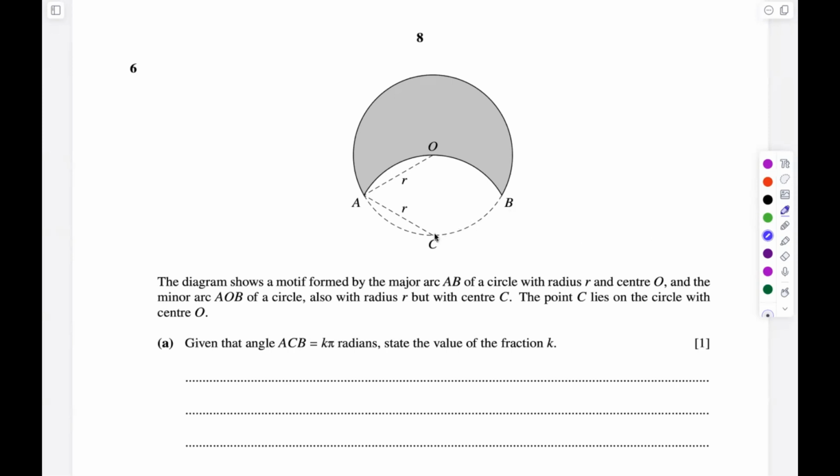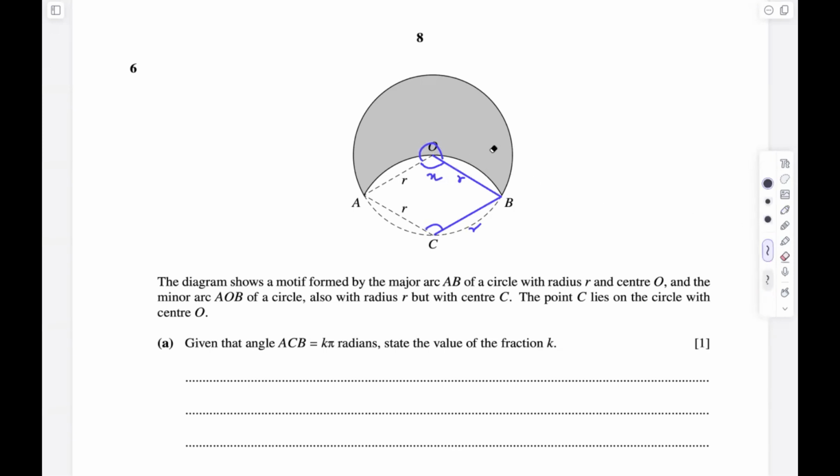Now it is talking about the angle ACB, so we can first mark the angle ACB over here. We know from circle properties that the angle at the center will be twice this angle. And as all of these lengths are equal, angle AOB and ACB are equal. So these two angles, of the major segment and the minor segment, obviously add to 360. So let's say this angle is X,